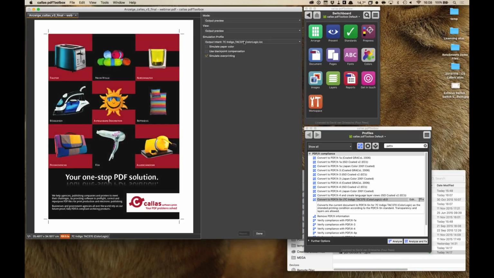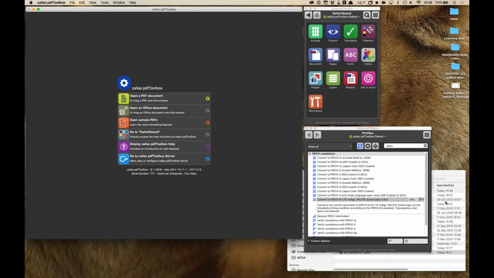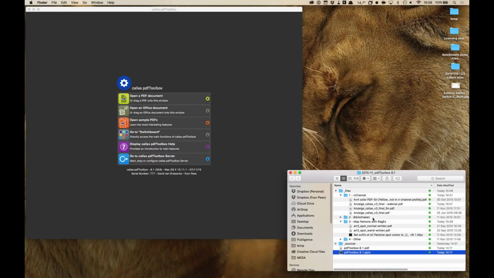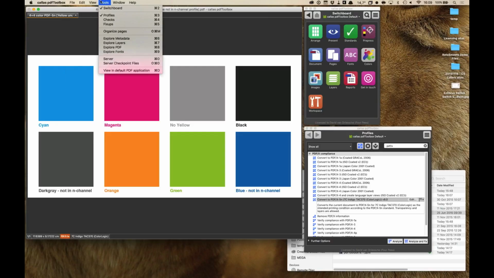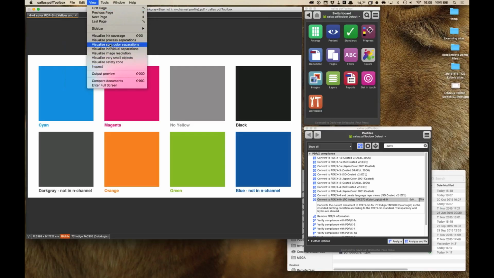But as opposed to pdfToolbox 8.0, in 8.1, that multi-channel profile that I have in here is actually used. Now, I have another file here that shows the split into multiple channels very nicely. I believe one of these should be this one, the one I first opened. So same story. If I look at what I have in here, and I already saved this as a 5N